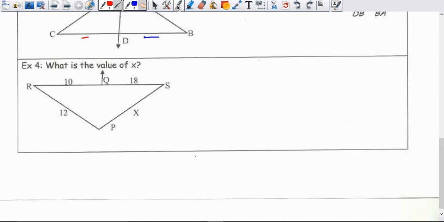So, the picture kind of got messed up here. You should have had that piece drawn on there, and they'll tell you that it's an angle bisector. If they don't have that, then it won't work, so make sure that you do draw that on there. So what I can do is set up a proportion of the parts. 10 matches 18, so I'm going to take 10 and put it over 18. 12 matches x, so I'm going to put 12 over x, and then I can just use cross multiplication. So 10 times x is 10x. 18 times 12 gives us 216. We divide by 10 and we get that x equals